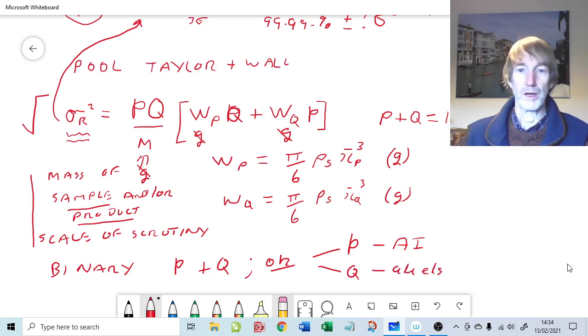So we'll combine all the flow aids, the disintegrants, the binders, whatever else that we've put into the system, into an average of Q, and just focus in on the important thing, which is the active ingredient, and look for the standard deviation of the active ingredient